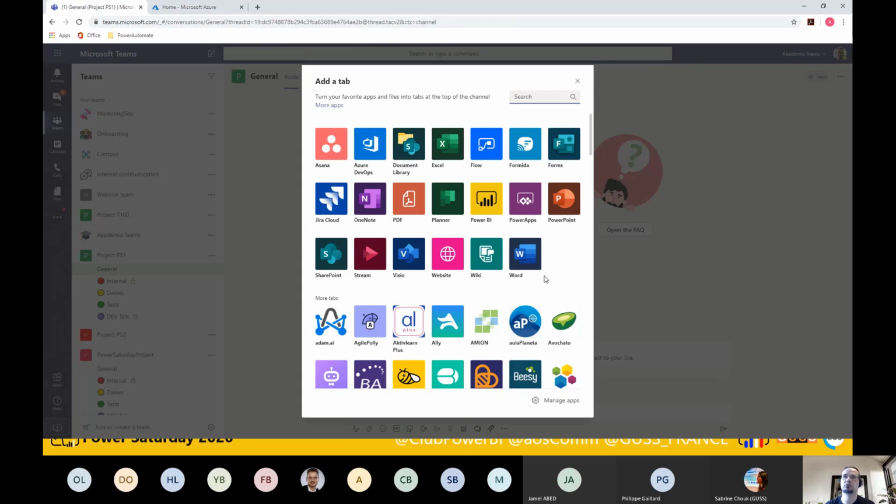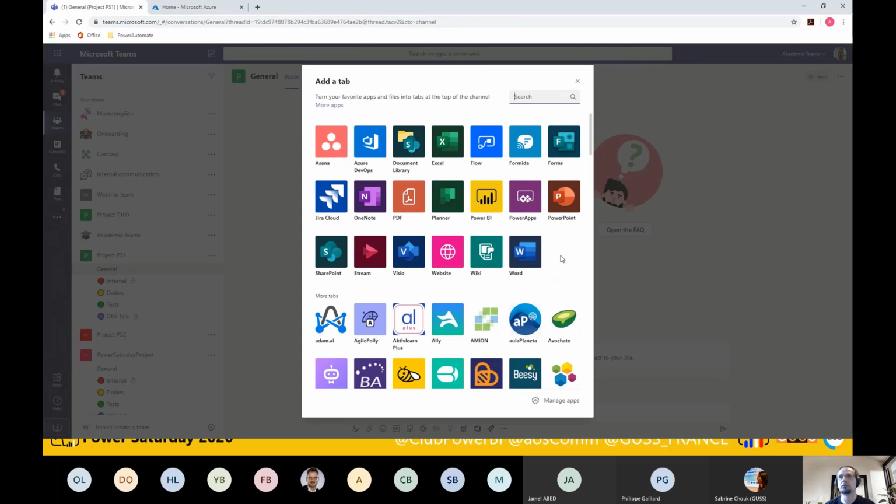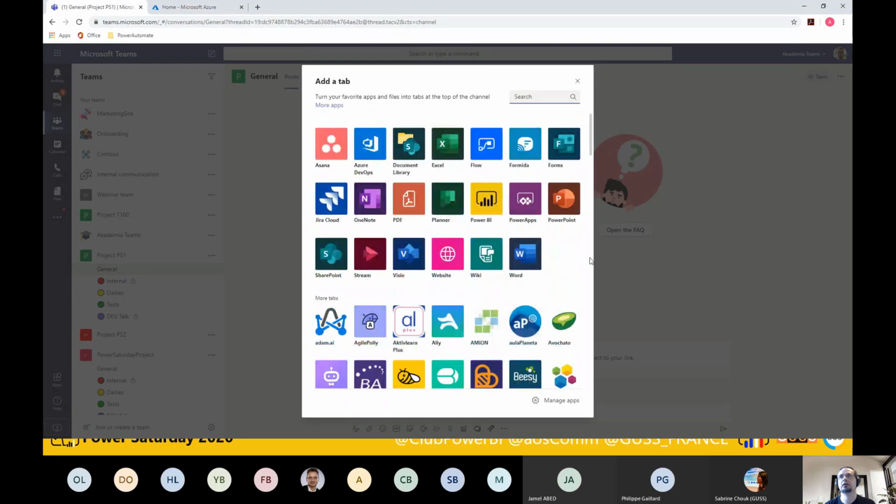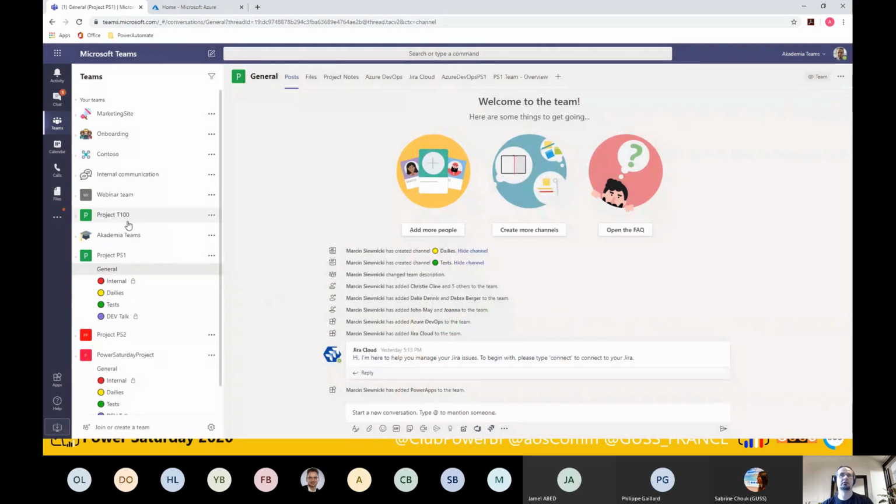We can also use To Do from Microsoft, and very soon, yes, integration between Teams and tasks. Outlook tasks are coming to Teams really soon, so we will be able to integrate those tasks as well. So that's for the